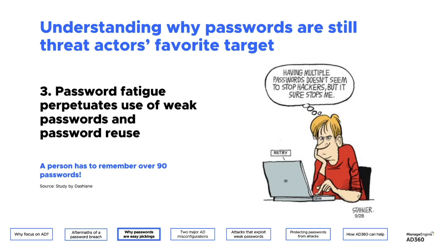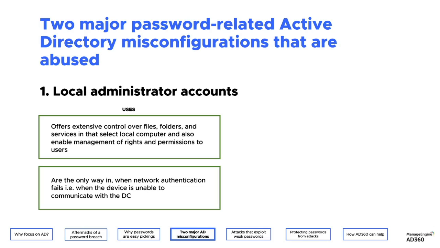So what we've done so far is take cue from the fact that users are the reason for most of the attacks. Users tend to set weak passwords, they tend to reuse passwords, and they tend to fall prey to password fatigue. Now what we'll try and do is address the software element too, what happens because of certain misconfigurations. Especially when it comes to Active Directory, there are two major problems that keep arising all the time. Even experienced administrators at times miss out on this.